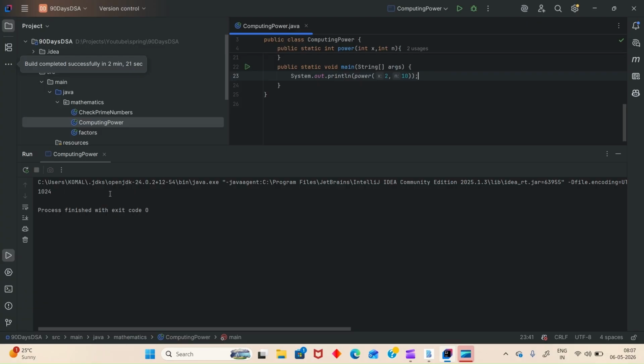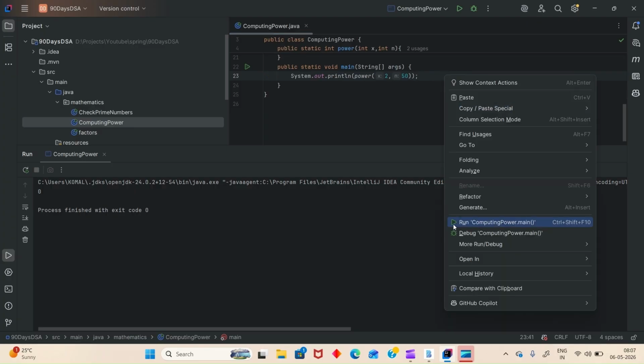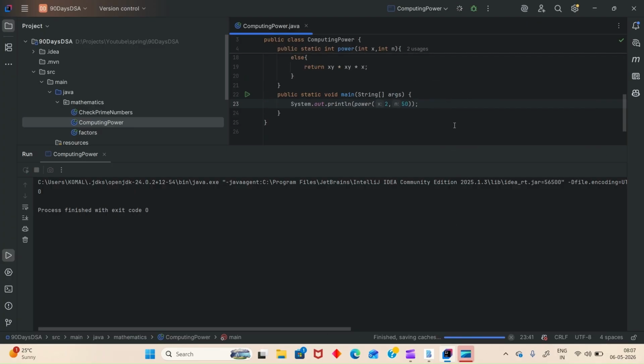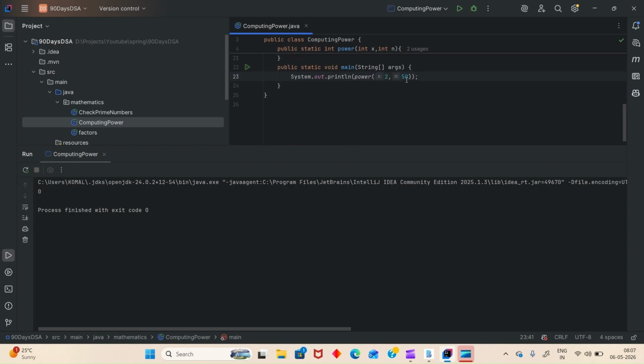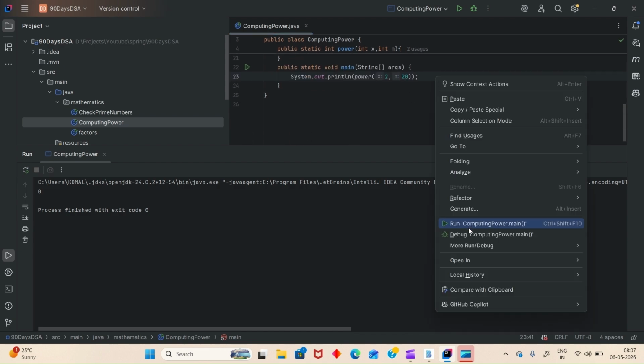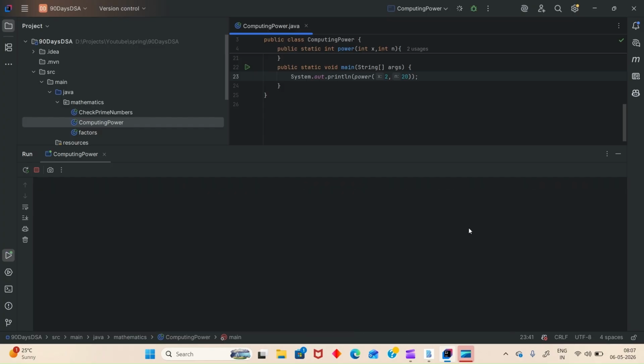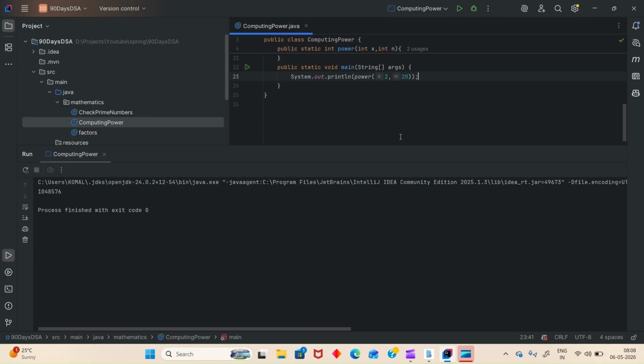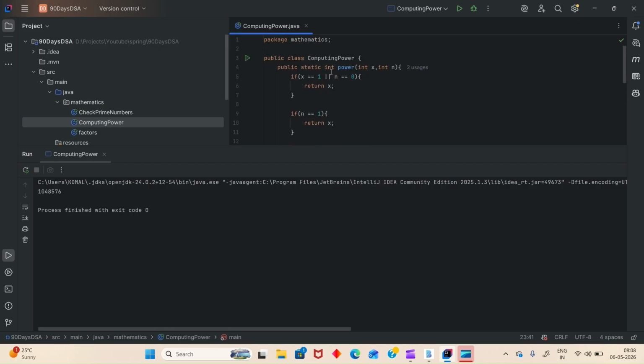Yes, 1024. So we are getting this. Let me run this again. 1024. And let's say I'll add 500. Let's see what happens. Okay, why we are getting 0 is because we are using int, and an integer might overflow. So let me try with 50. You have to understand that as well. Wherever it is necessary, use long. Let me use 20. I hope 20 should work. 50 is more. Yes, 2 raised to 20 is working. If you want more, then instead of int, you can use the long value.